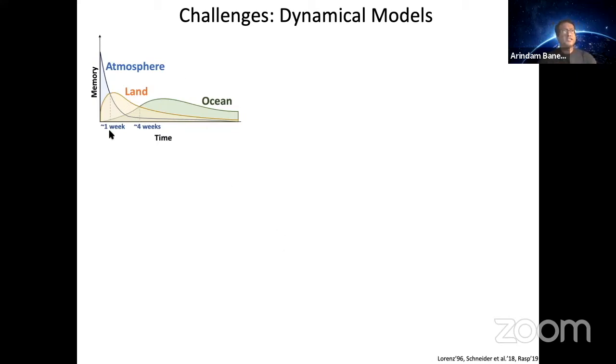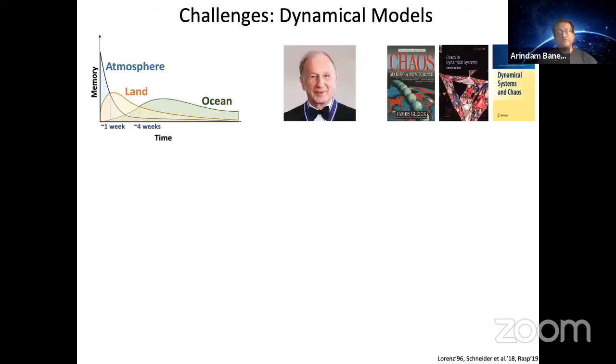So if you understand this picture, the natural question to ask is why can't we push numerical weather prediction models out to like 4 weeks, right? What would happen? Why can't we just run this thing out to 4 weeks and then use those? Well, one interesting property of these numerical weather or dynamical models in general is that they can be chaotic. So if you're integrating them way out into the future, like 3 weeks, 4 weeks, they will have vast uncertainties and variations. Small changes will lead to large changes.